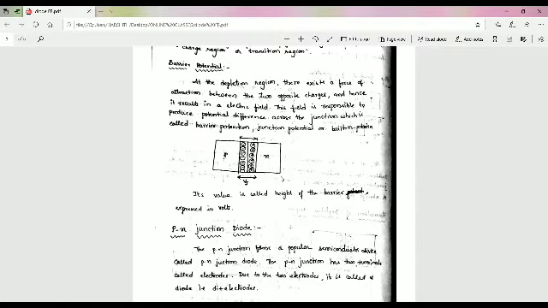This potential difference has a fixed polarity and it acts as a barrier to the flow of electrons and holes across the junction. Hence this is called the barrier potential, or junction potential, or built-in potential. So many names for the PN junction. The barrier potential is expressed in volts. Its value is called the height of the barrier. It is denoted as Vj or VBI.